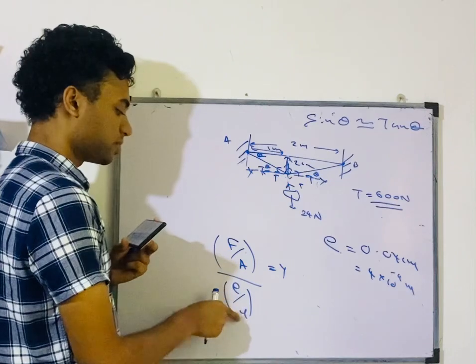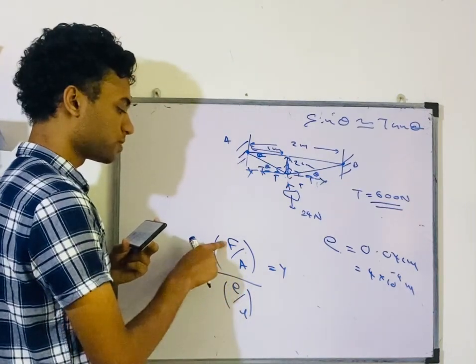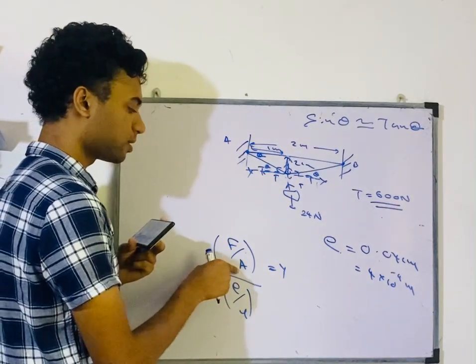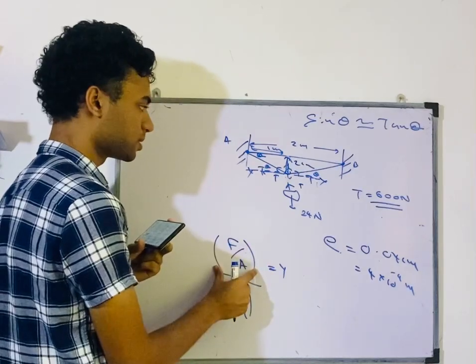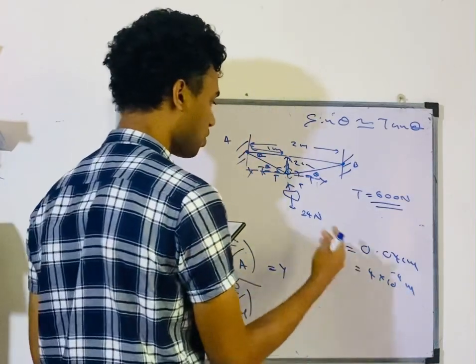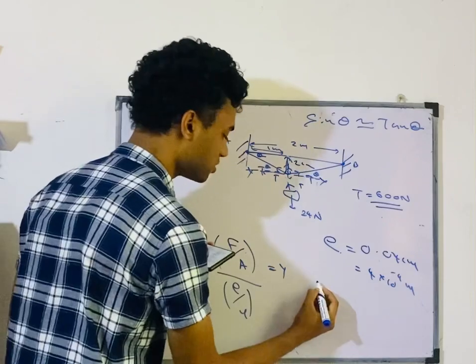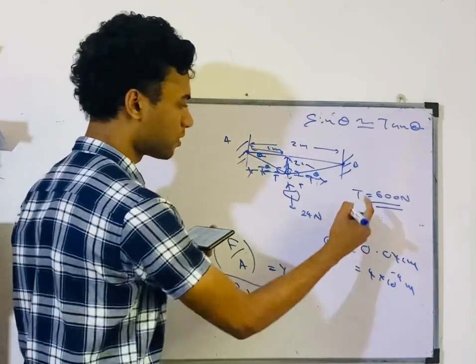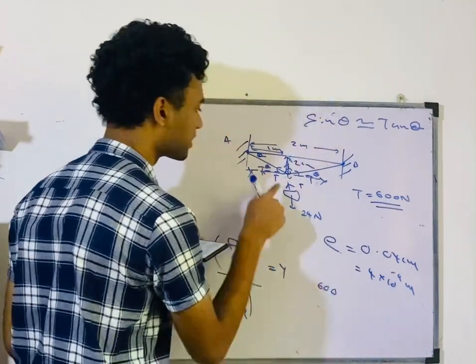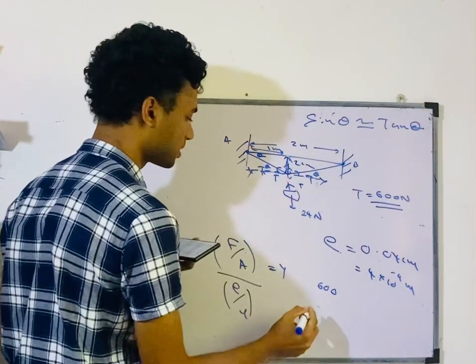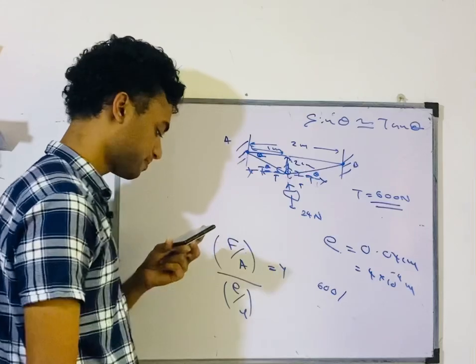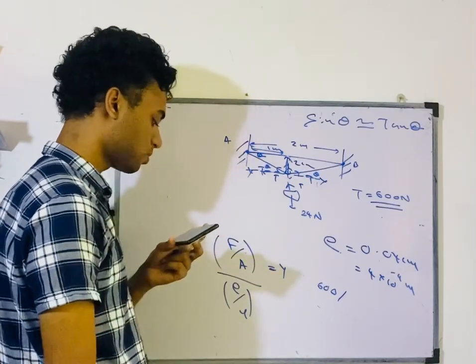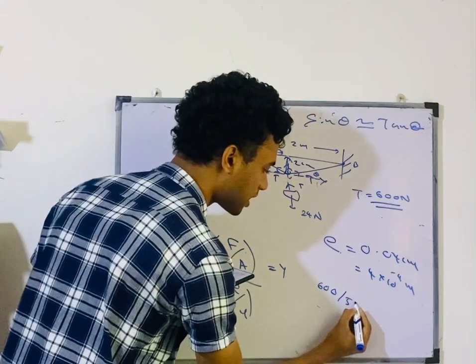E means extension, L means length, F means force, A means cross-section area. What's the stress here? Stress is the tension over the cross-section area. What's the tension? We found the tension to be 600, right? You can see that this wire experiences 600. What's the cross-section area of the wire? 5 millimeters squared. That means 5 times